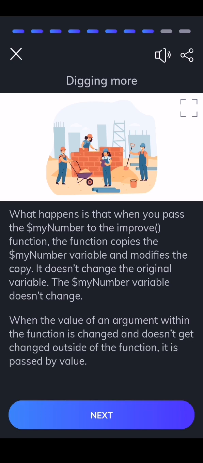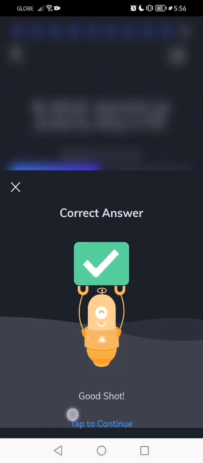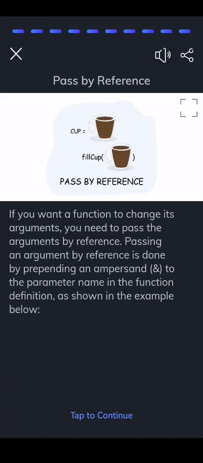When the value of an argument within the function is changed and doesn't get changed outside of the function, it is passed by value. If you want a function to change its arguments, you need to pass the arguments by reference. Passing an argument by reference is done by appending an ampersand to the parameter name in the function definition. As shown in the example below,